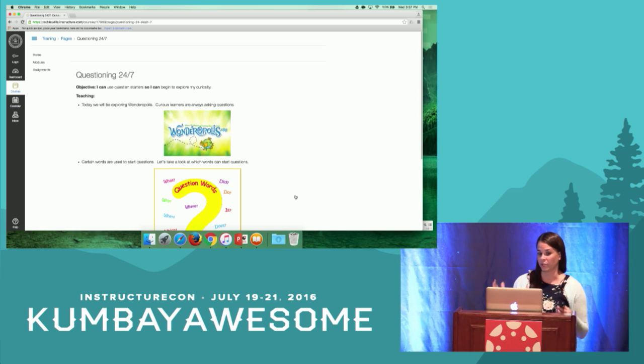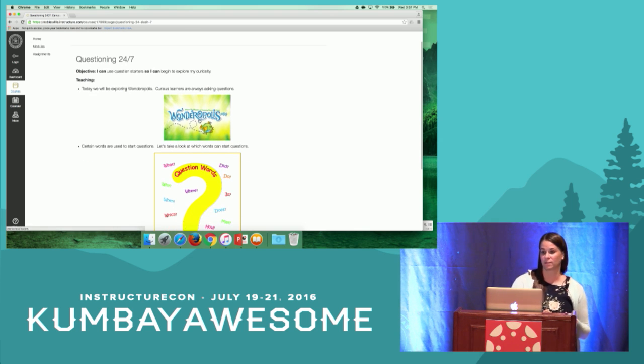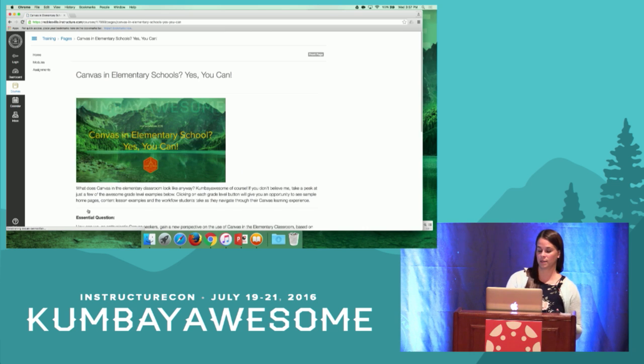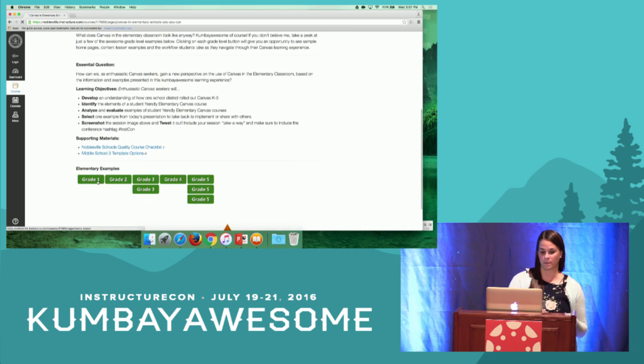Again, you don't see a complete structure, but they have those quality course checklist items we're asking for. Again, objective, and then they've linked to outside sources. That's what's so great about Canvas, embedding those extra tools that help support teaching and learning. If we go back here, in that same classroom,